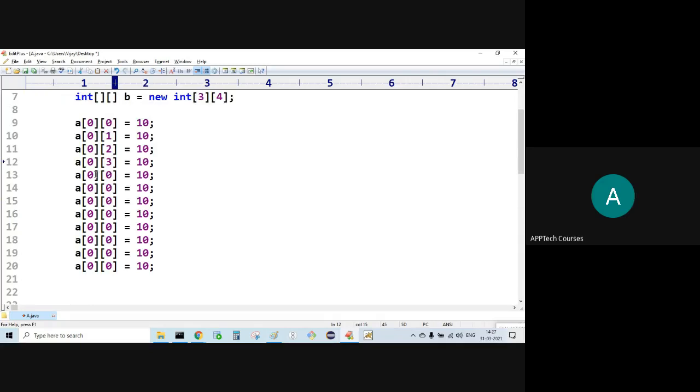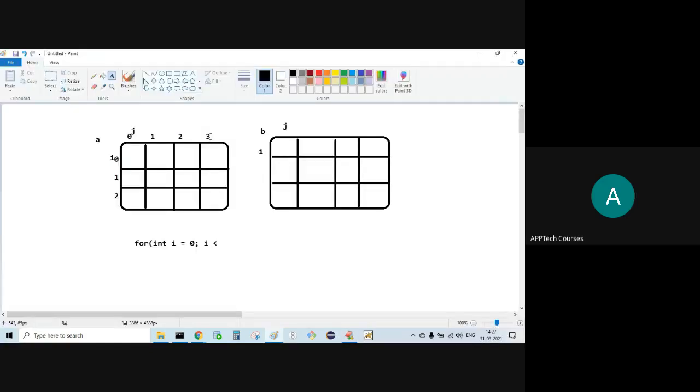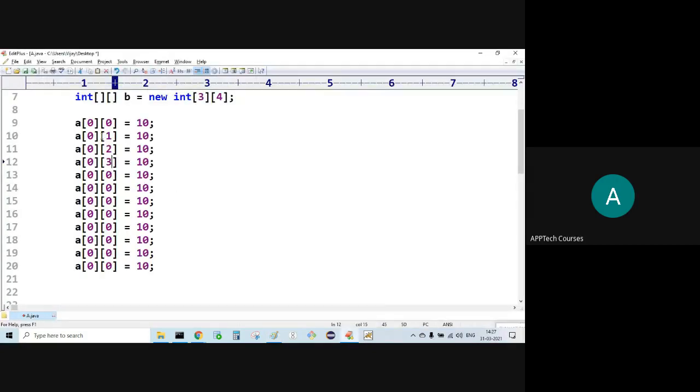Now only 3. 0,0; 0,1; 0,2; 0,3. Next, 1,0. Next, 1,1. Next, 1,2. Next, 2,0; 2,1; 2,2.